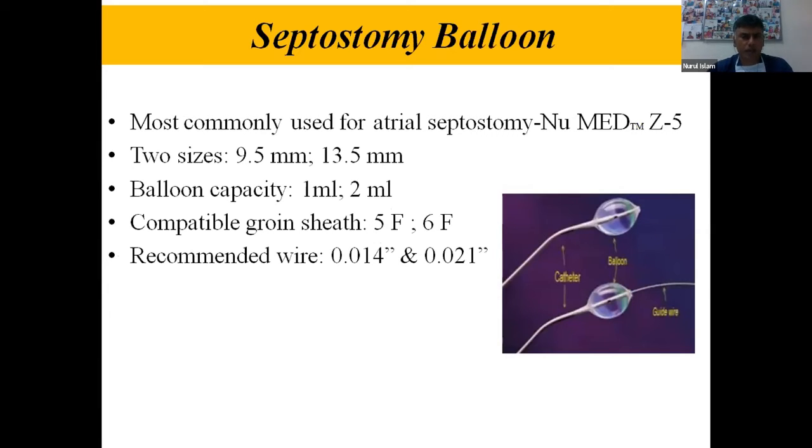And there is a septostomy balloon, which is used specially for congenital cyanotic heart disease, transposition with intact septum. It's a life-saving procedure. Sometimes we need to transfer the baby to a proper center for specific treatment.